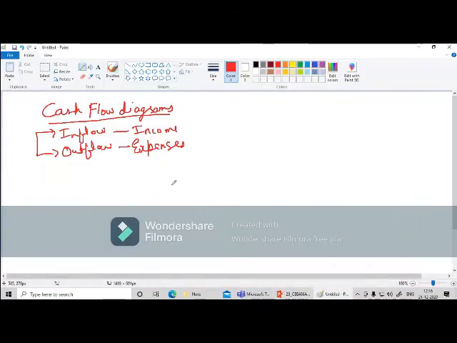For example, if you want to draw a cash flow diagram for a year, whatever you are going to mention, it is in terms of months. So I'll mention it as 0, first month, second month, third month, likewise up to 12 months. If there is any income at the initial stage, I'll mention cash inflow, but at the end of first month, if there is any expenditure, I'll show it as downwards. Again at the end of fifth month, if there is any cash inflow, I'll show it as upwards.